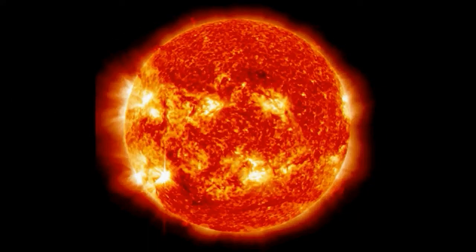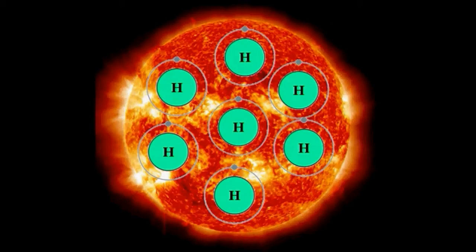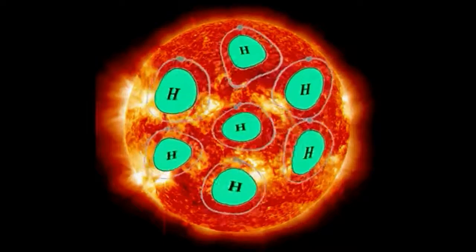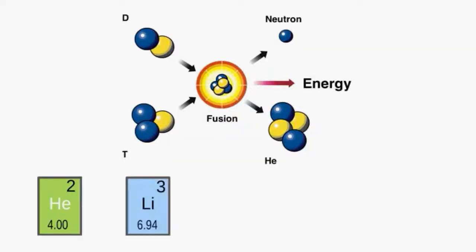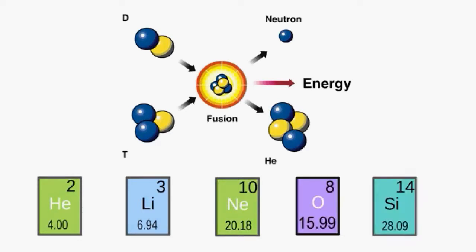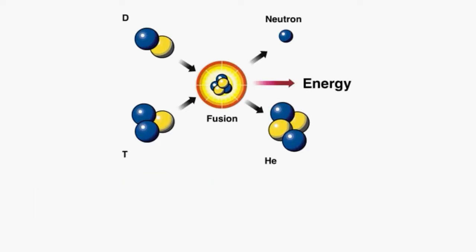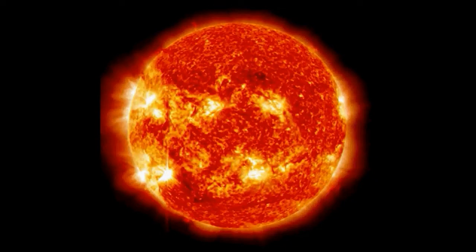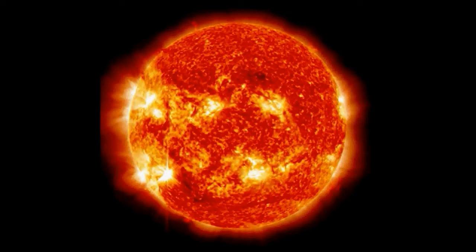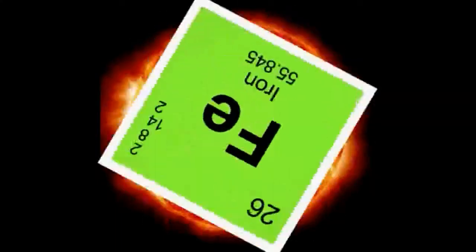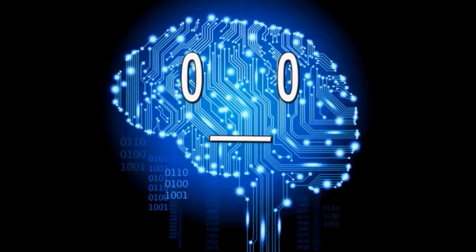Stars, they are basically a really big bunch of hydrogen atoms which are constantly bumping into one another and combining into heavier elements, mainly helium, but later also lithium, neon, oxygen and silicon. This process is called nuclear fusion, and the force that is exerted stops the star from collapsing in itself. However, after some billion years of nucleosynthesis, the star starts to produce iron. And that's when you know it's gonna be bad.